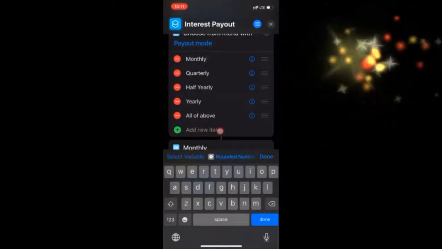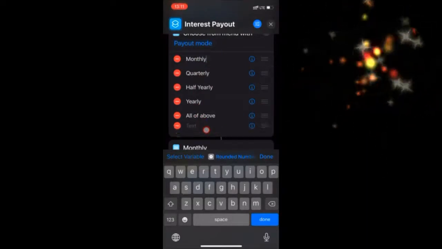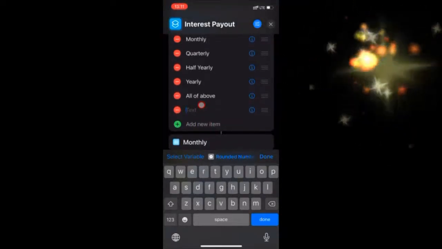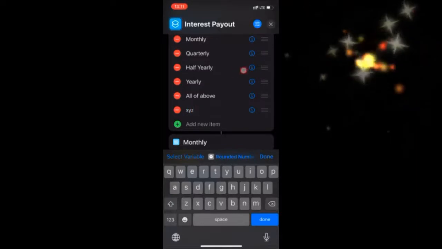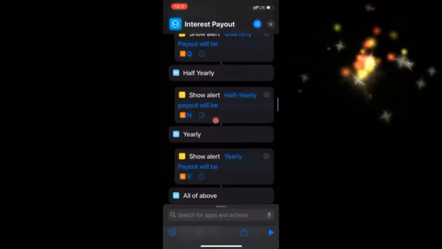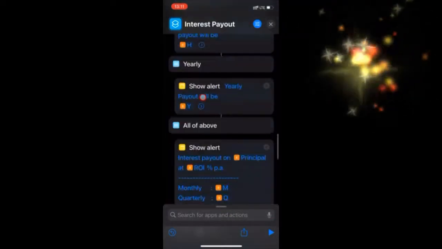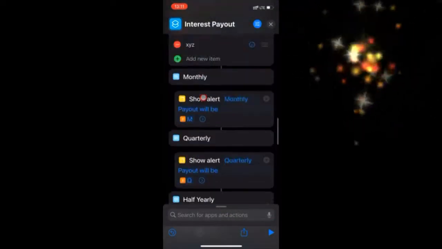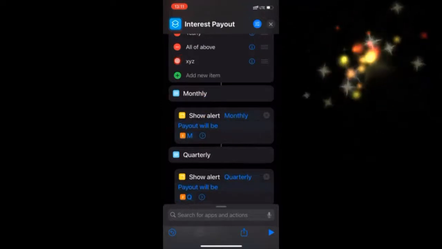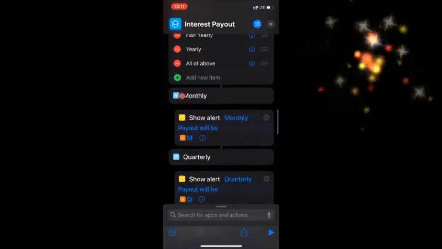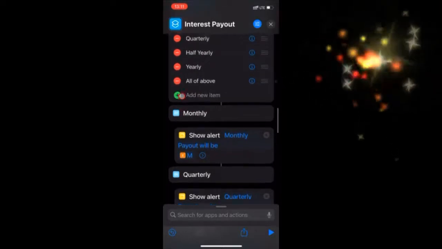I can always add a new item here. You can click on new item and add any further menu items as you want. I'm just typing XYZ here. Now as you can see, as you add the items, the menu action items are also being increased automatically,